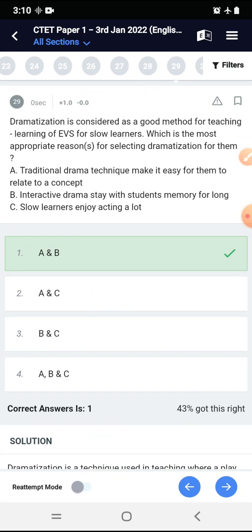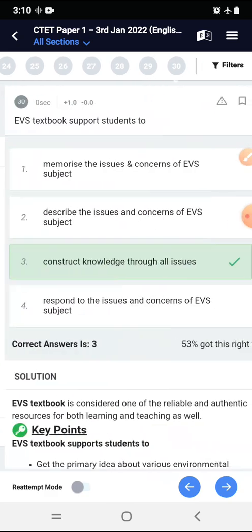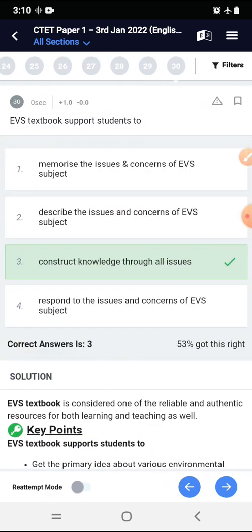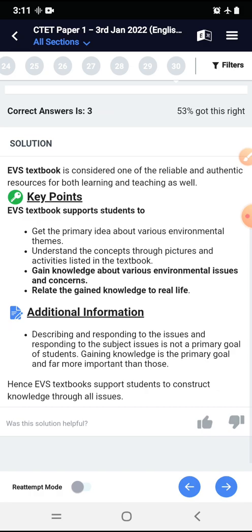Dramatization is considered a good method for teaching and learning of EVS for slow learners. Which is the most appropriate reason or reasons for selecting dramatization for them? A and B. Traditional drama technique makes it easy for them to relate to a concept. Interactive drama stays in students' memory for a long time. EVS textbooks support students to construct knowledge through all issues. So there will be the